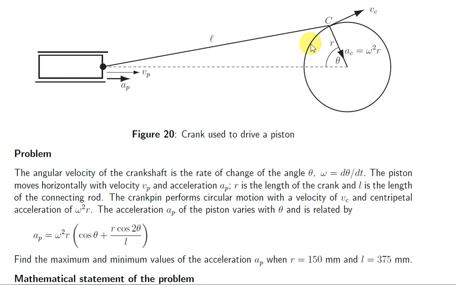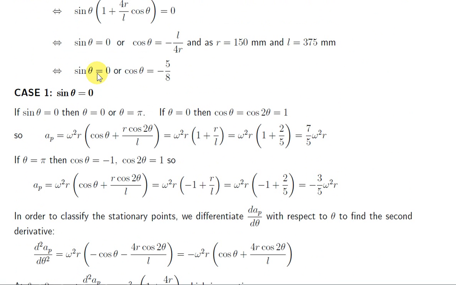For constant circular motion, this vector AC is always pointing towards the center of the circle, and its magnitude is constant. Its direction keeps varying, of course, as the crank pin goes around the circle, but its magnitude is constant: omega squared r. Now the other value for sine theta is